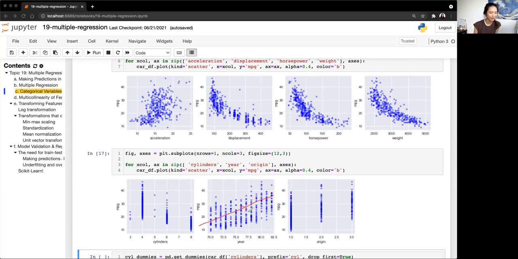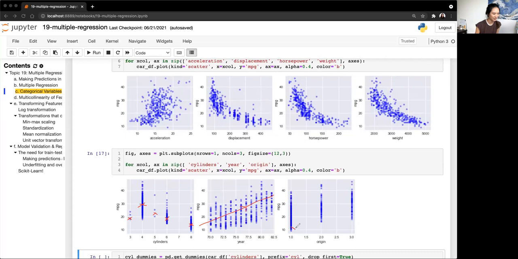So you can see that there's a fairly linear relationship there. Cylinders, I'm going to exaggerate this a little bit, but the relationship between cylinders looks kind of like this. And so because it's not straight up linear, it might make sense to treat this as a categorical variable. In this case as well, it maybe isn't super clear with origin, but there's a slight upwards trend. But imagine if, I also don't even know what origin means in the context of cars, but let's just say